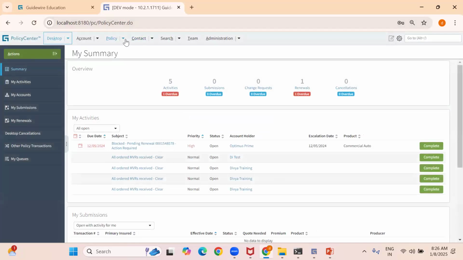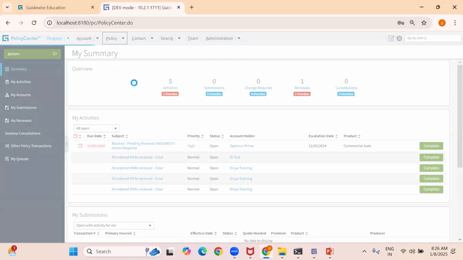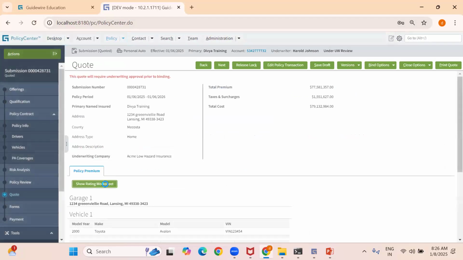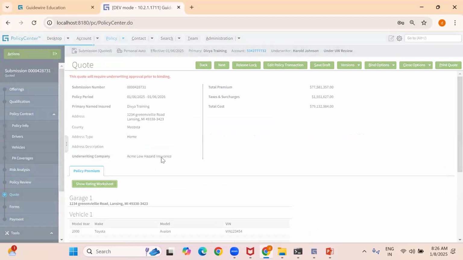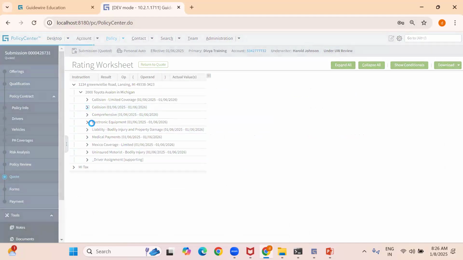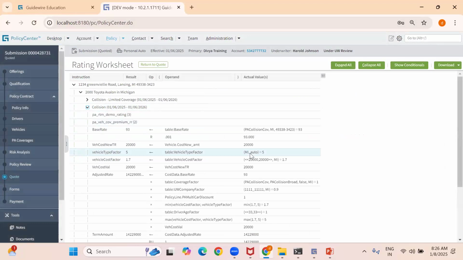Now go to the policy and show the rating worksheet. See, if you check any coverage and expand it,